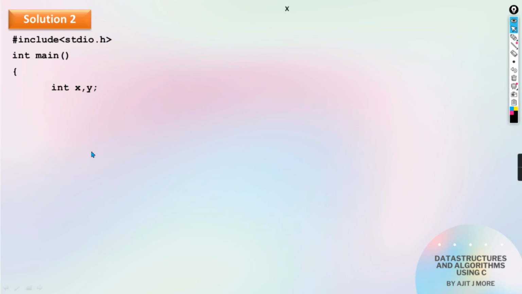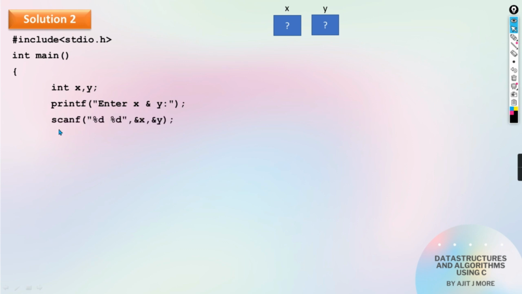First we'll give a prompt message. Now these are the two variables, 4 bytes of memory for x, 4 bytes of memory for y. Current content is unknown. Then we give a prompt message for entering x and y. Then we accept two values, two integers. That's the reason I have given the format specifier as %d, %d. It will accept two integers from the keyboard and store them at the address of x and the address of y. For example, we'll take, assuming we have entered for x 10 and for y 20.